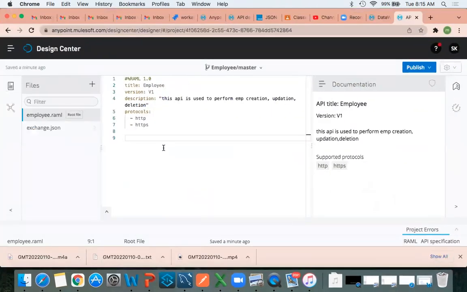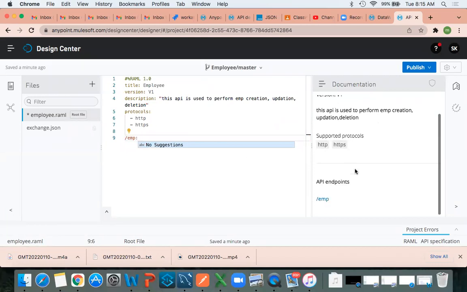So here, let me construct an API. See, the resource path should always start with a slash, emp. Okay. Kishore, instead of HTTPS, can you provide something like localhost 8080? No, not here. That we will write in the development. Then what is the use of the HTTPS protocol? How will it work internally? It will work internally by using this only.